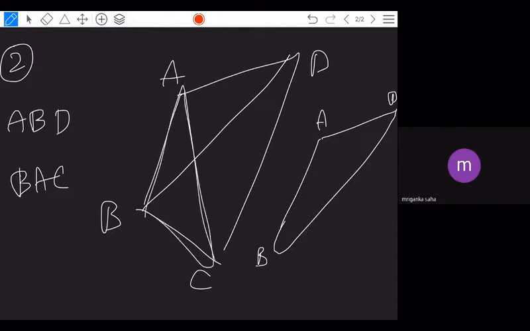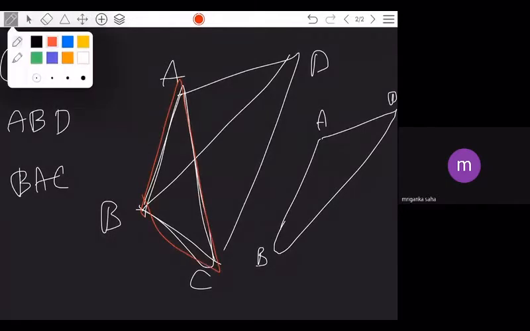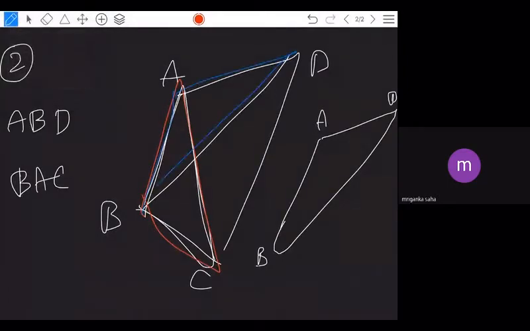See, I'm going to draw the triangles with different colors. With the red color, I am drawing one triangle. With the blue color, I am drawing the other triangle. Is it visible to you? Yes, sir, it is clear. In this, what is given? AD is equal to BC, given to you. I am not writing the steps here, just explaining. AD is equal to BC given. So ये ABC triangle में है, ये ABD triangle में है.